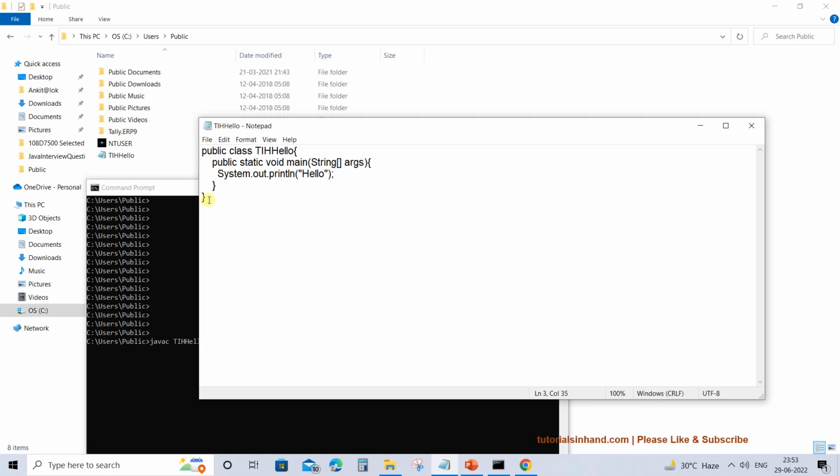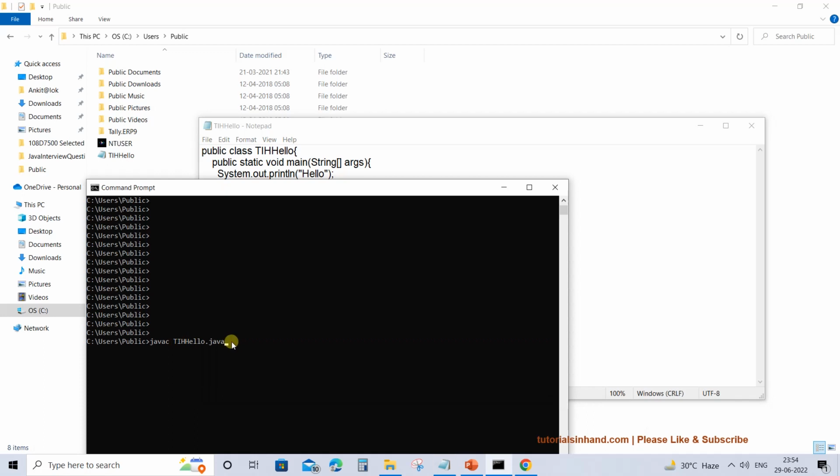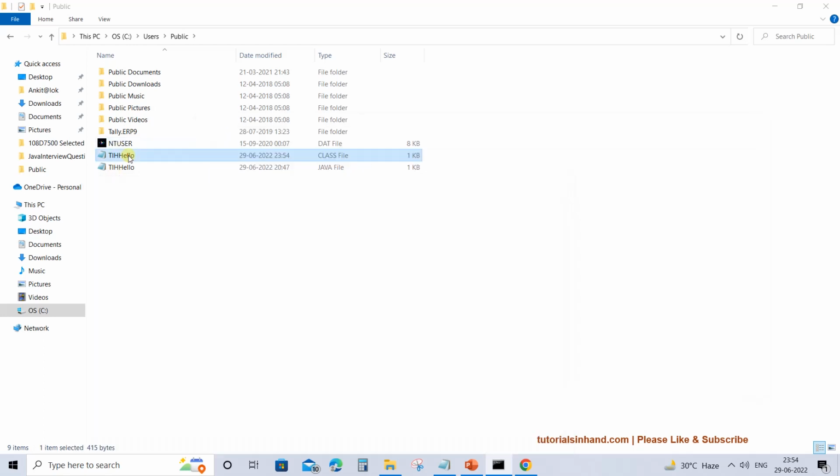But we are not executing, we are just compiling to see whether there is any compilation error or not, and whether our program compiles successfully. So let's press enter. See, the program successfully compiles and we are not getting any error. Now you will see one difference. Once we compile the code, a .class file is created at this path, and this is the class path where the .class file is created.